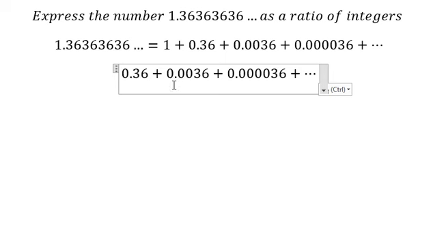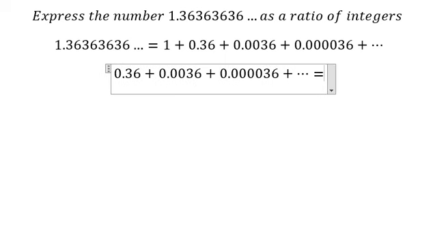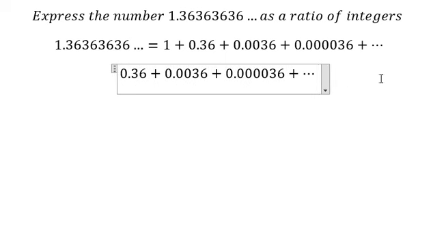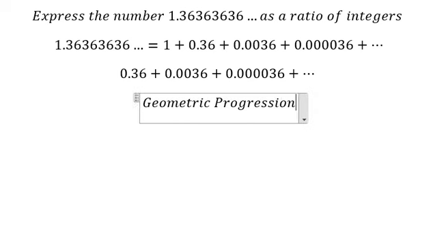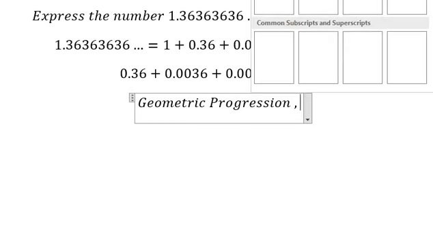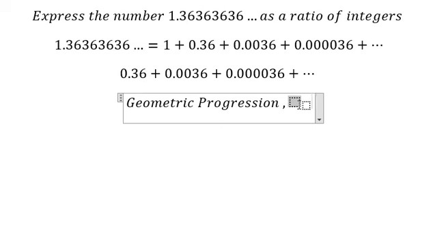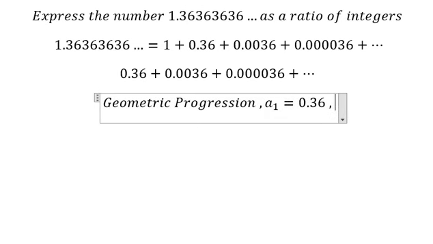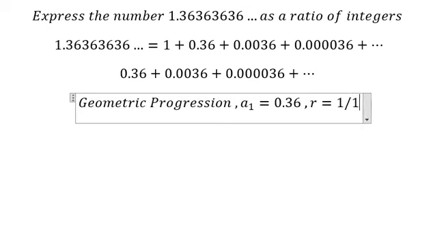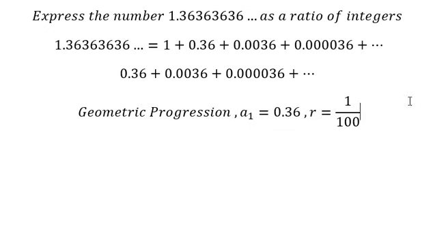So if we look carefully, this is about the geometric progression. So we know that a number 1 that is about 0.36, and the common ratio that is about 1 over 100. So we know that 1 over 100 is smaller than number 1, and now we can find the sum of